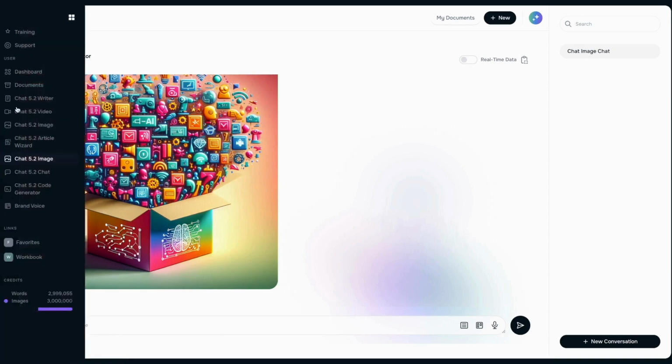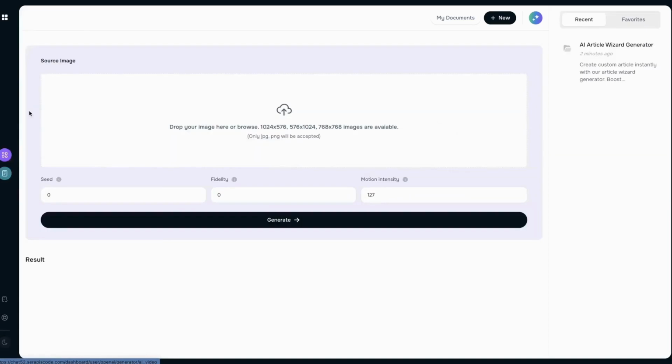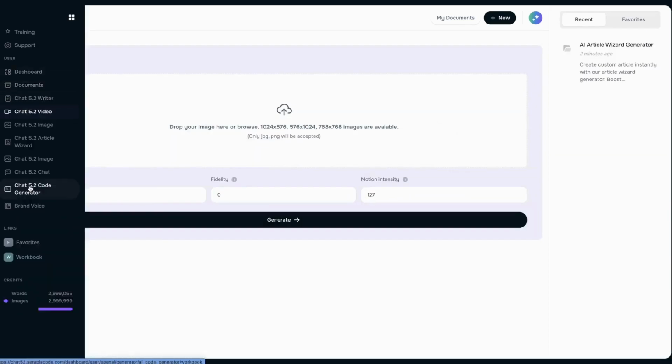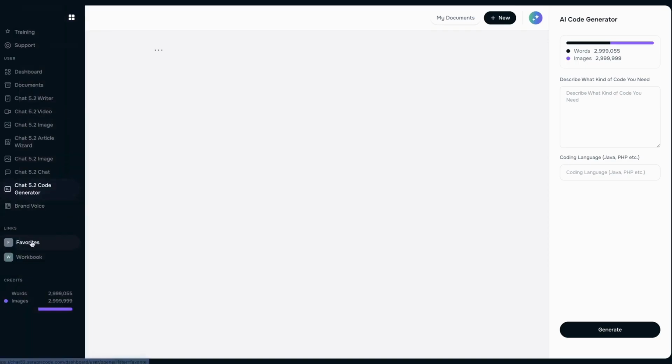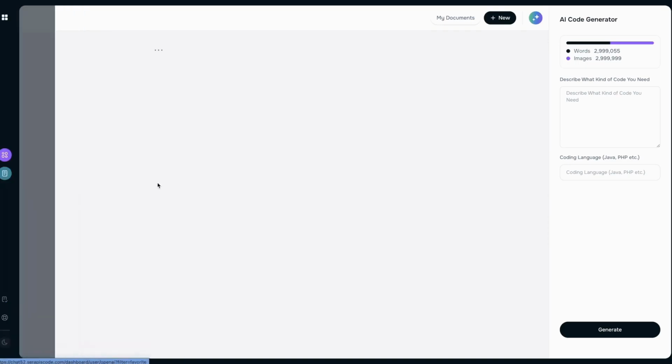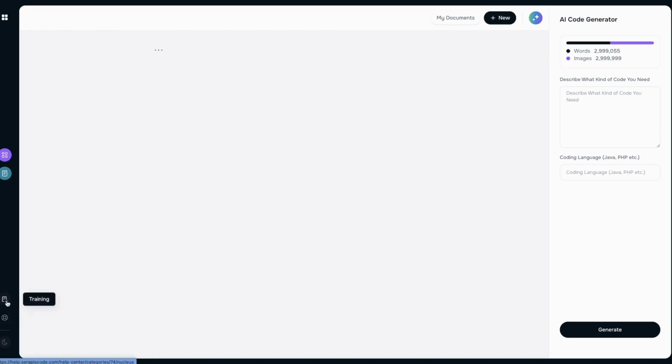And we also have a video maker that turns your image into an entire video from scratch, as well as an AI code generator that enables you to create anything from software as a service product to web apps to WordPress themes to plugins to standalone desktop solutions to mobile apps. And with support and training built from the ground up for you right inside Max AI engine, you are guaranteed to be able to hit the ground running from day one.